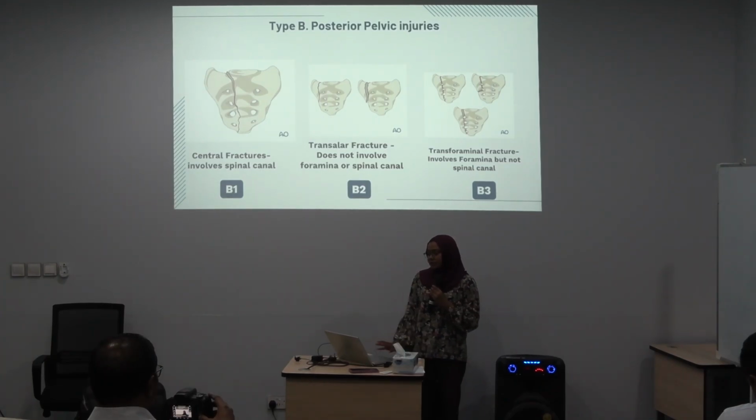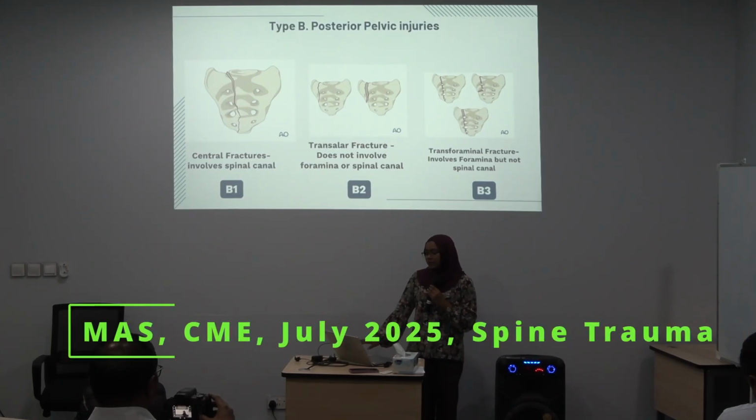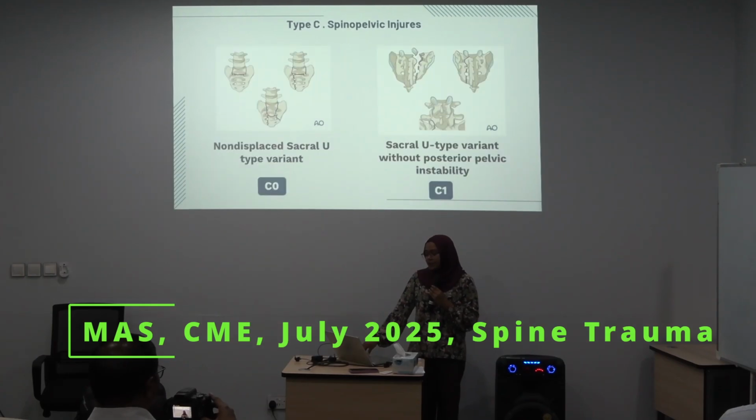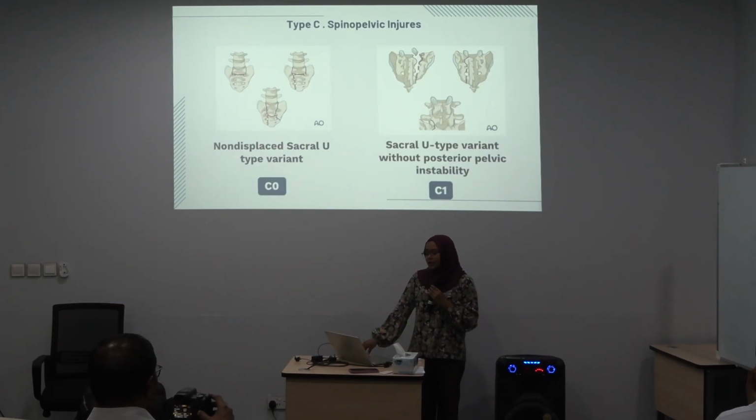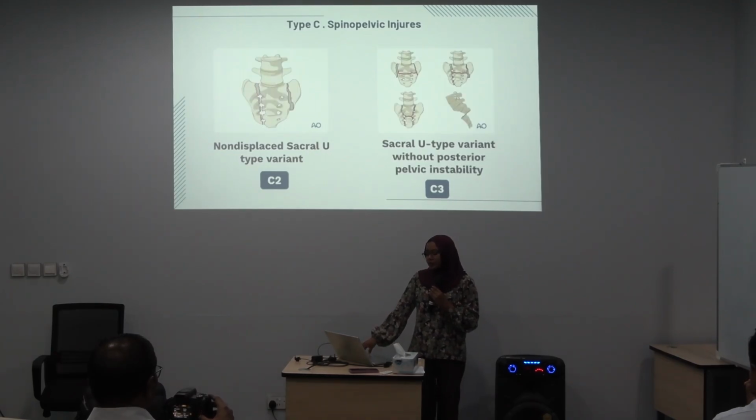B3 is the transforaminal fracture, but in B3 there won't be any spinal canal involvement. Type C injuries we see in the spinopelvic region, where it ranges from non-displaced sacral U-type variant to sacral U-type variant